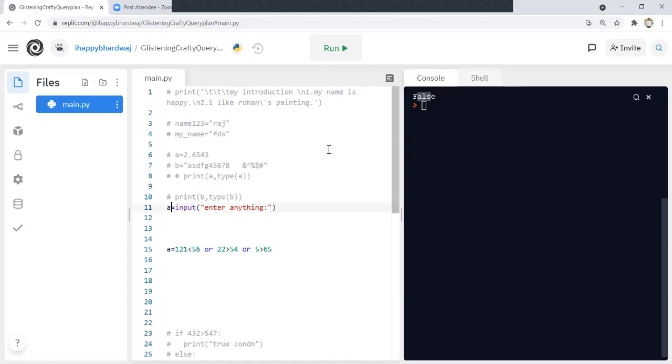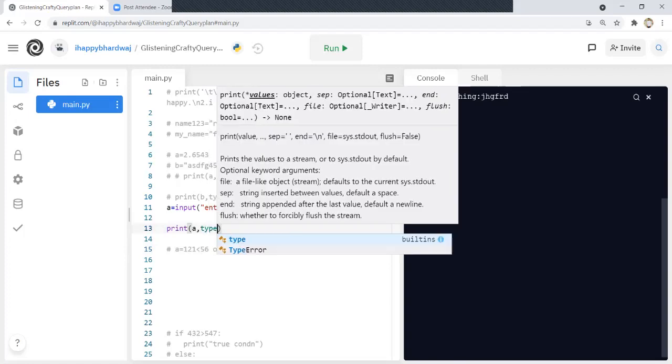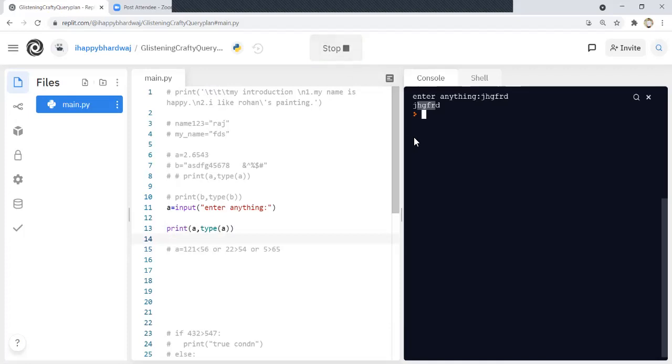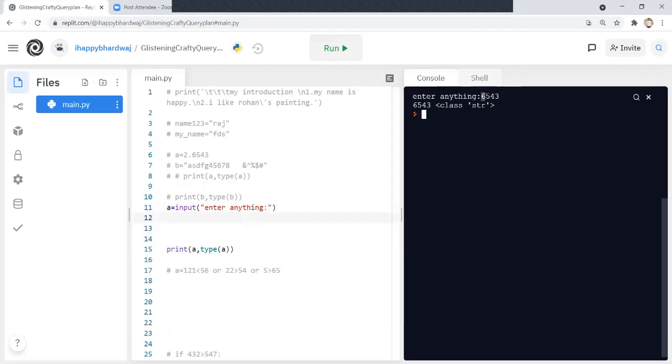Now if I try running the code, and let me also print this a, and comment this line. If I run the code, enter anything and press enter, this value is saved inside the variable a. If I try checking the type of this a variable, it is going to print str. Why? Because it doesn't matter whether you use numbers or alphabets, the input function is always going to store the value as string data type. But you can convert a string into integer data type if all the values are numerical. So if you write a equal to int(a), this a will be converted into integer data type.